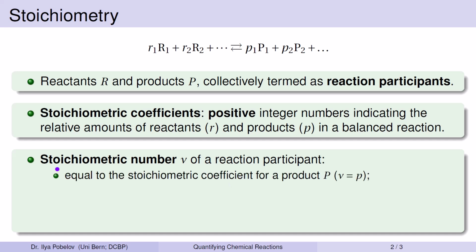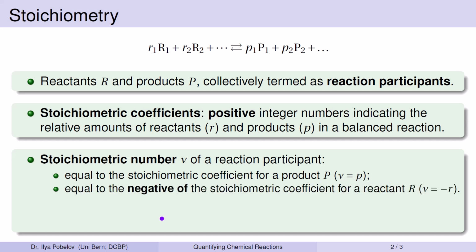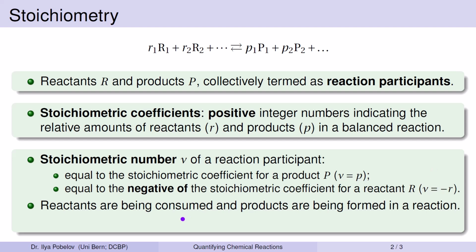For products, the stoichiometric number is just equal to the stoichiometric coefficient. For reactants, it is the negative of the stoichiometric coefficient. A simple way to remember this is by noting that in reactions, reactants are being consumed and products are being